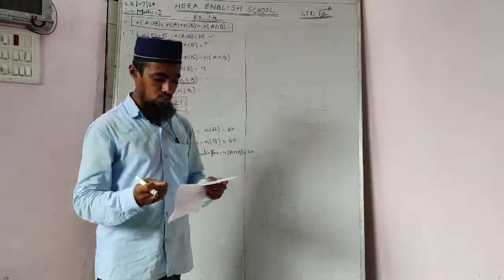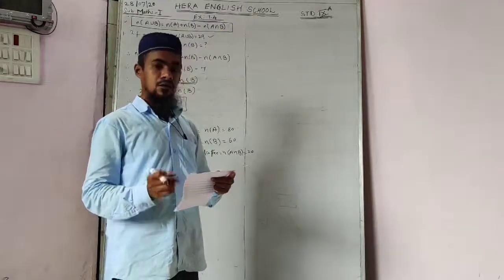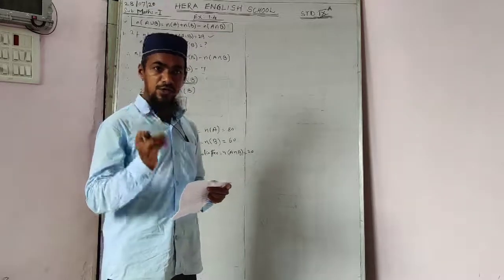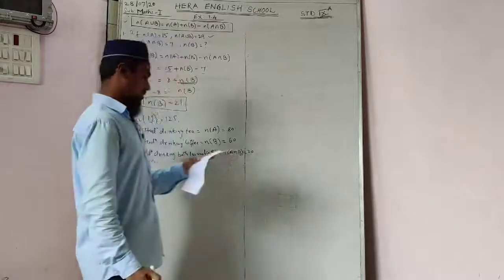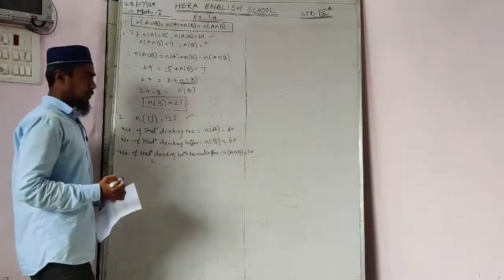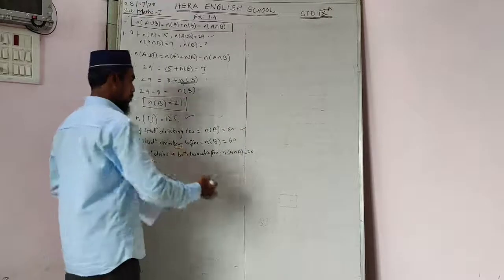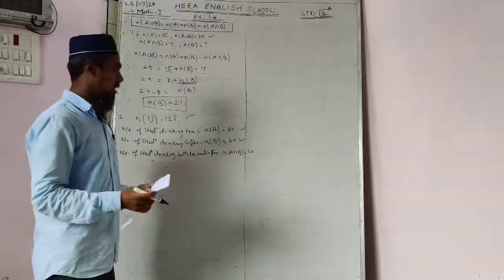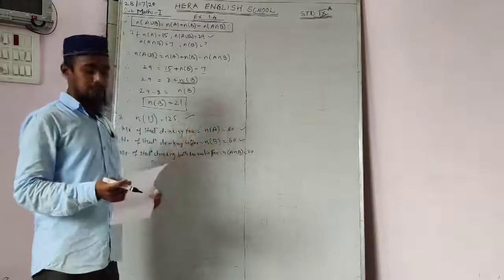Find the number of students who do not drink tea or coffee. Number of students we have to bring, those are not drinking tea and coffee, both nothing they are drinking. Okay, now see here we have the total students 125, purely student those drinking tea 80, purely student those are drinking coffee 60, and mix both, some students are there, they are 20, those drink the tea and coffee both.